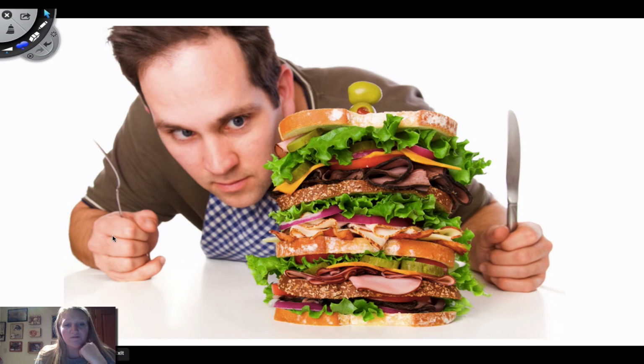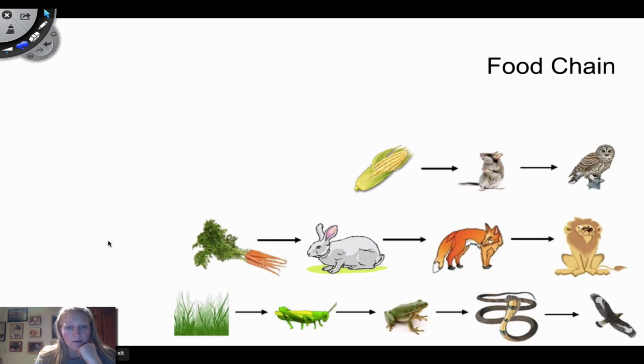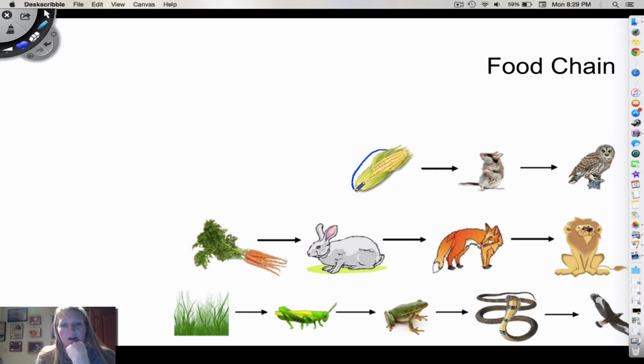So the way that we follow energy through an ecosystem, or we pay attention to an organism, is we look specifically using a food chain. Okay, so if we're wondering where the energy that was caught up in this corn went, the leaves on the corn stalk harness the energy using photosynthesis, and then turned it into the sugars that are in this corn right here, and then a mouse came and ate it. And so the energy from this corn went into the mouse, okay? And then this little mouse, he ate it, digested it, he got some extra energy because of it, and then look at who ate him. So who got the energy there from the corn?